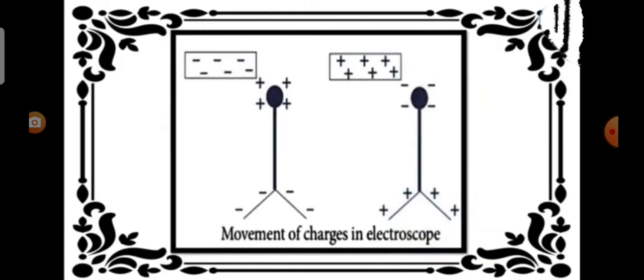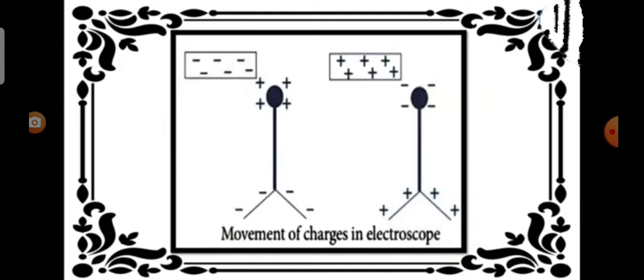If you bring a charged object near the knob, electrons will either move out of it or into it. This will result in charge accumulating on the metal leaves inside the electroscope. If a negatively charged object is brought near the top knob of the electroscope, it causes free electrons in the electroscope to move down into the leaves, leaving the top positive. Since both leaves have negative charge, they repel each other and move apart.